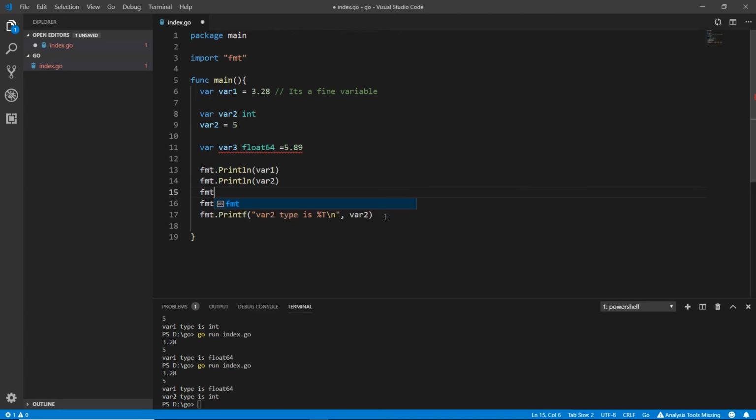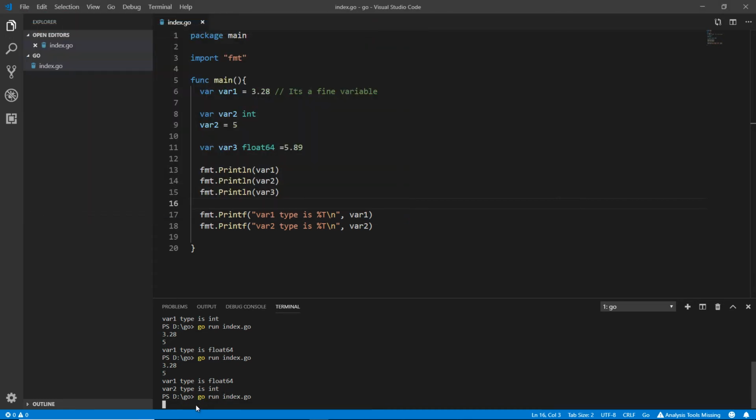I can use it in this way too: fmt.Println var3. After saving that, I just need to go here, and now we're going to get multiple things. First of all, this is 5 and this is 5.89, the var3 is 5.89 and var1 is 3.28, and the var1 type is float64, var2 type is integer, var3 type is, we didn't mention the